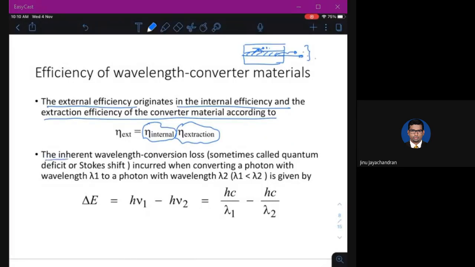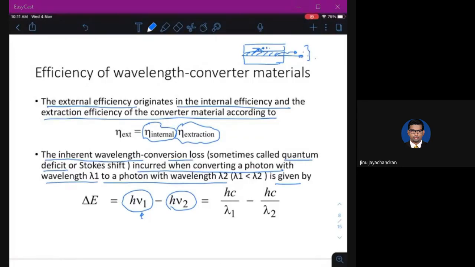The inherent wavelength conversion loss, sometimes called quantum deficit or Stokes shift, is incurred when converting a photon with wavelength lambda1 to a photon with wavelength lambda2. This is called the wavelength conversion loss. It is the difference between the energy created, for example by the blue LED, and the energy created by the emission of the wavelength converter.